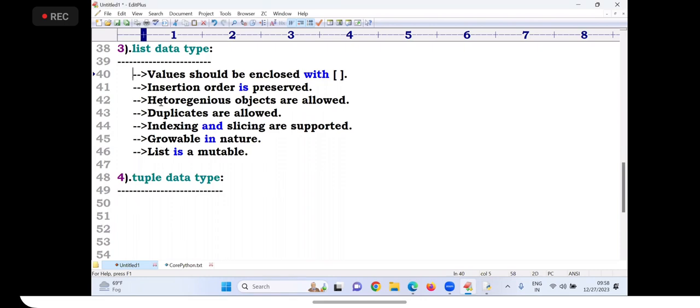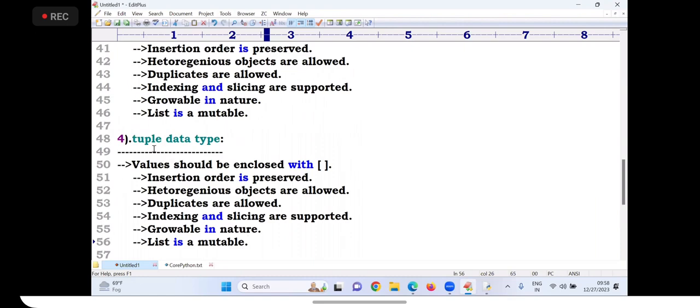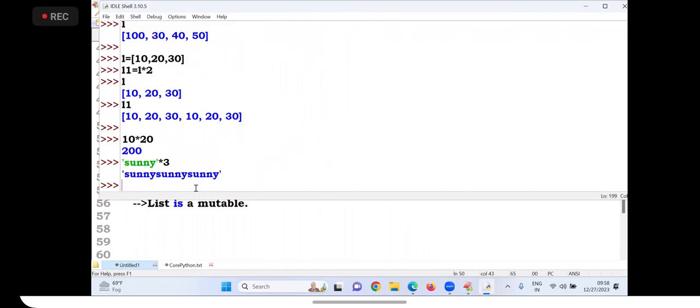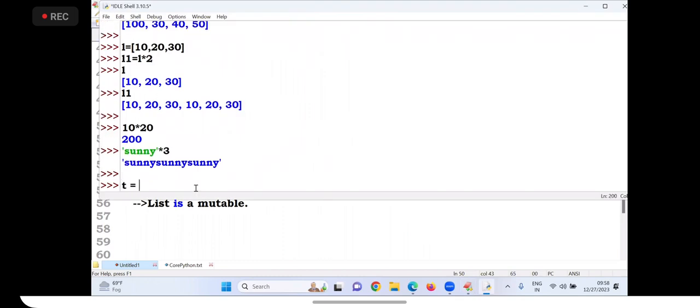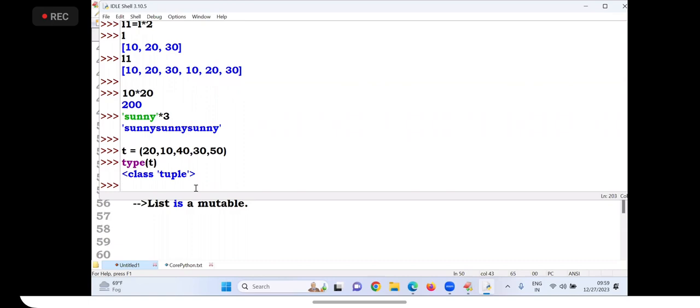Sir, first I will copy and paste all these rules which are applicable. Otherwise, I will delete it. First one: values can be enclosed with which brackets? Parentheses. Observe carefully. Now check it. T equal to 20, 10, 40, 30, 50. Now you can ask the type of t. What is the type of t? Tuple only. So the first rule is